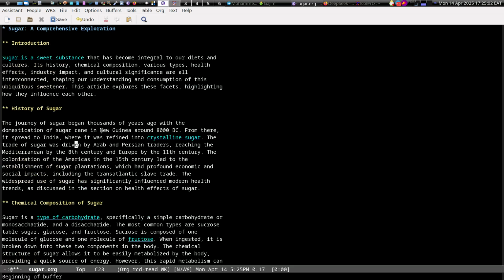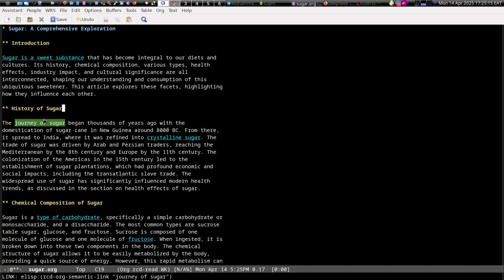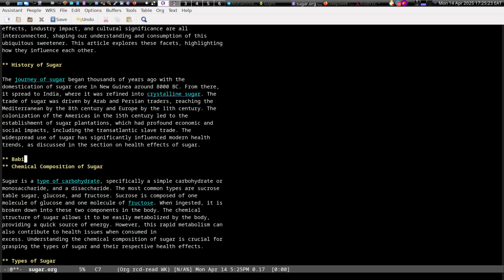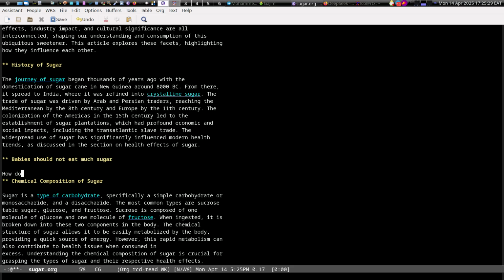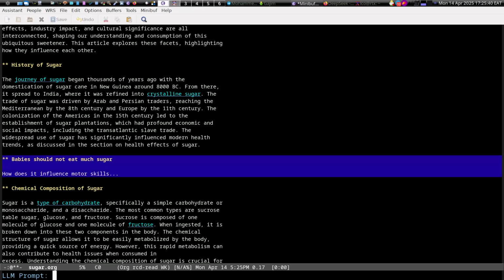So now imagine you have your knowledge, your org knowledge. You don't need to do anything anymore. You just do linking, and then you get, okay, this is linking to itself. But when you have a lot of knowledge, it's going to link to something else. If I now write "babies should not eat much sugar, how does it influence motor skills?" Now if I want to expand this article,